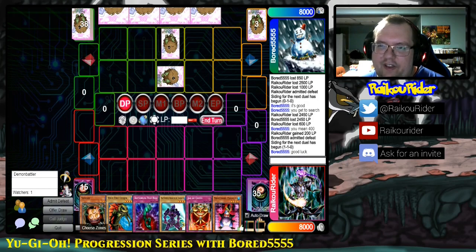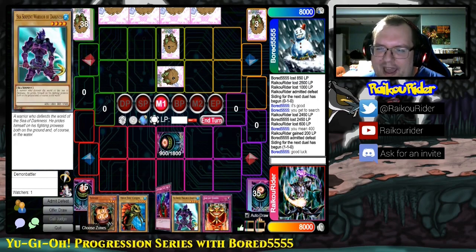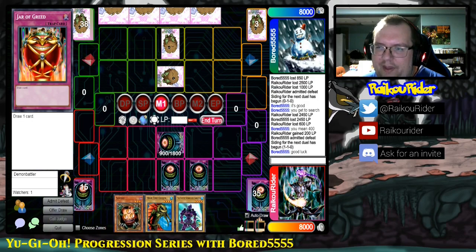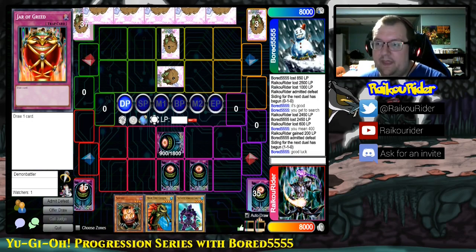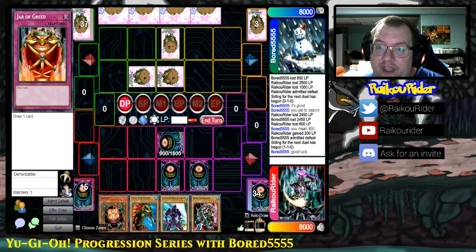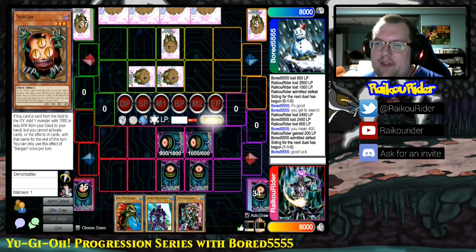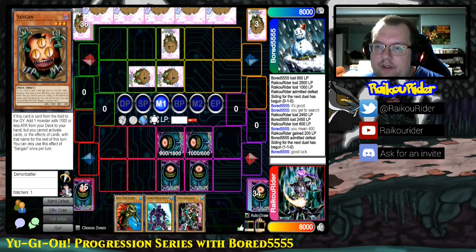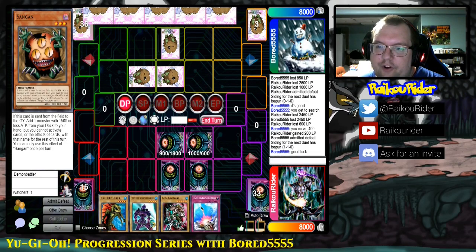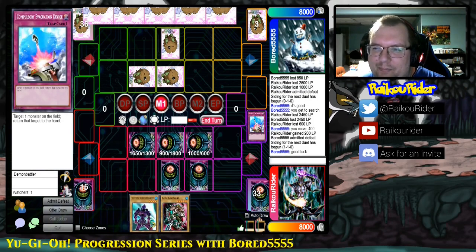Draw for turn. Stand by main. Set a monster. Set 2 back row. And I will end my turn. Draw for turn. Stand by main. Set a monster. Pass. Draw for turn. Stand by main. Set a monster. Set a back...